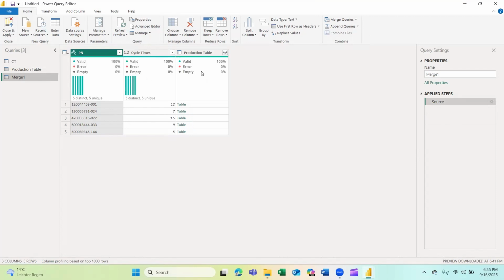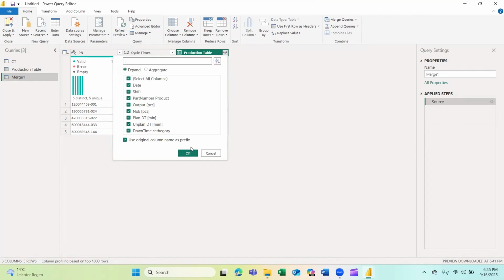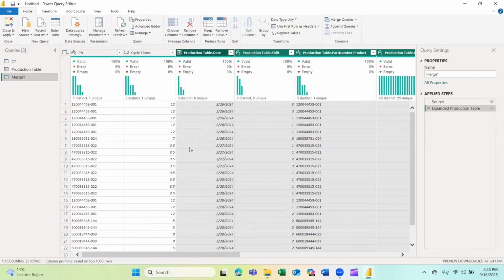And now I get this table here at the last column. I just need to expand it. Click OK, and everything looks fine.